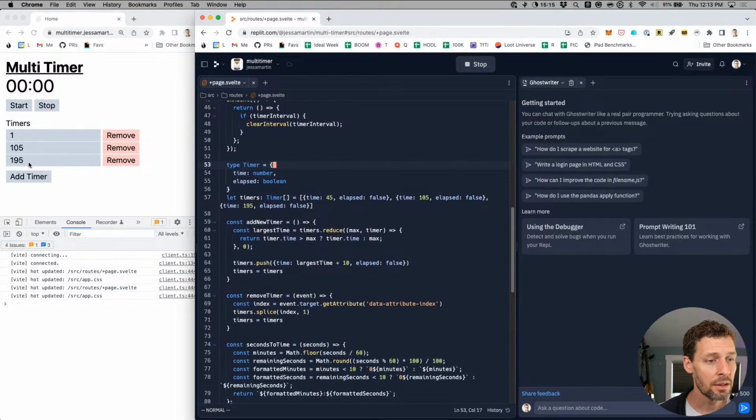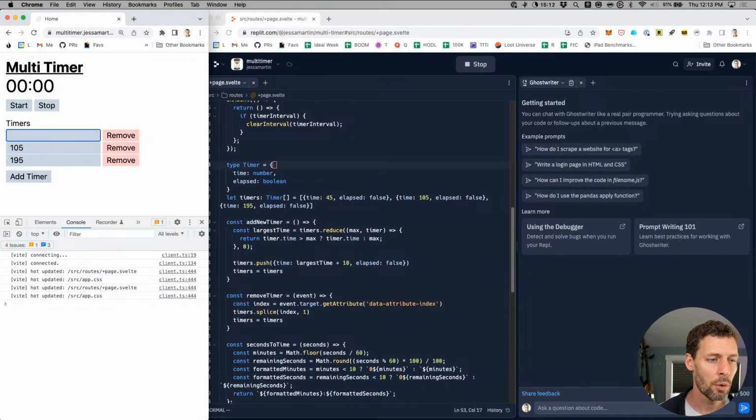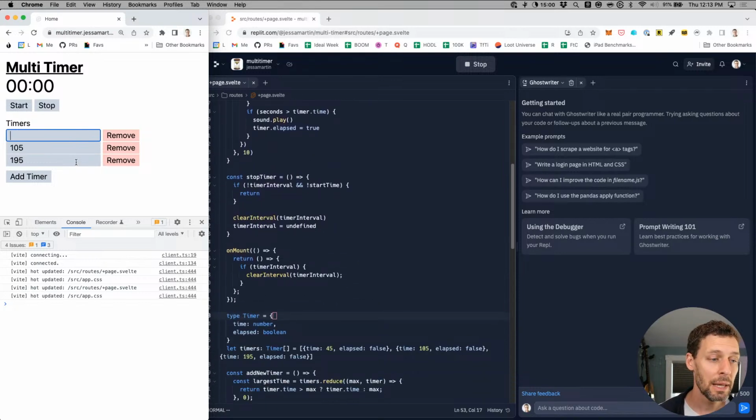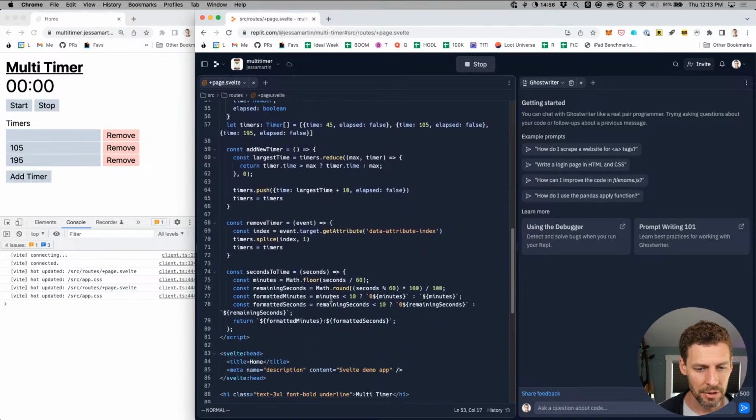But in any case, the core problem here is we want to allow people to type in a number if they want, store that as a number for the sake of our comparison, but then display it in terms of minutes and seconds. So there's a couple things we could do here.